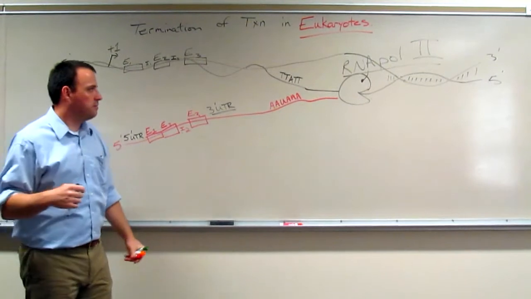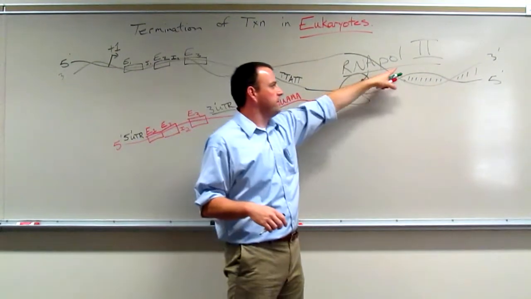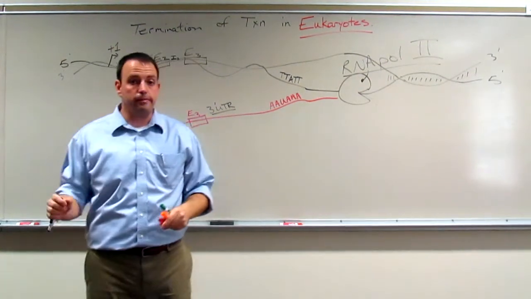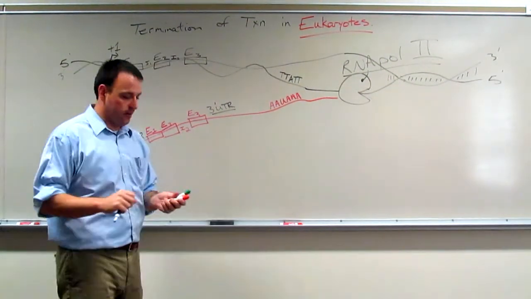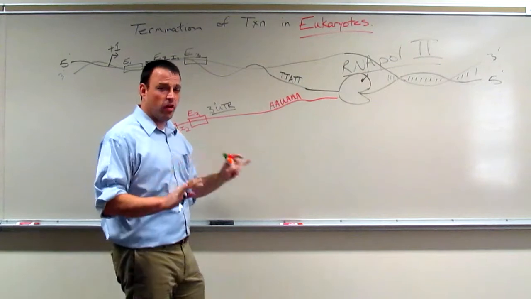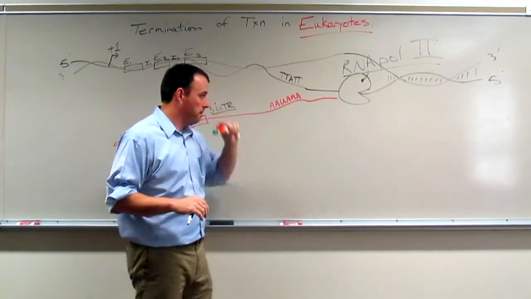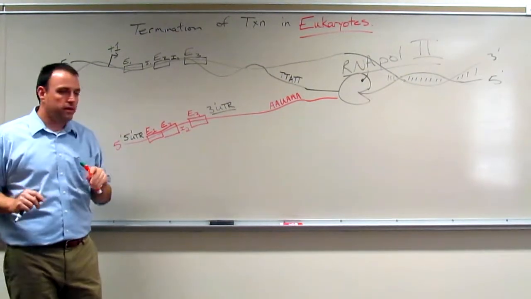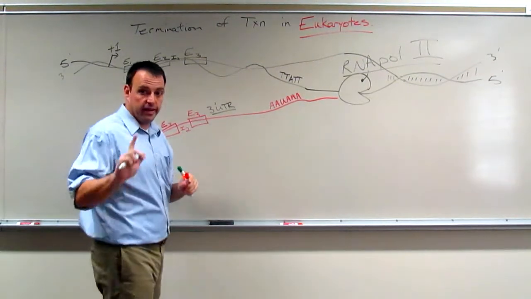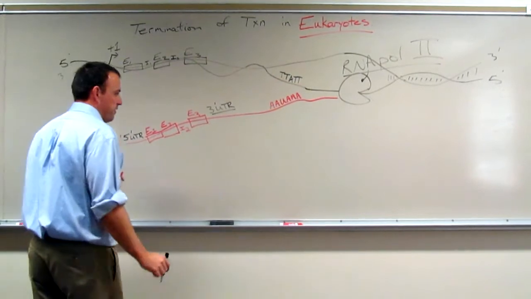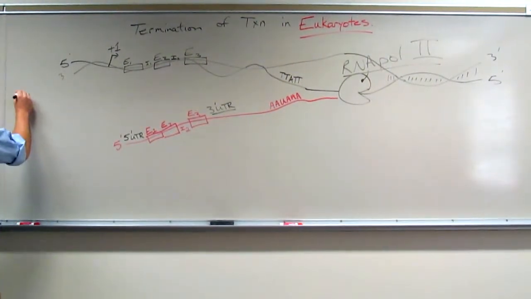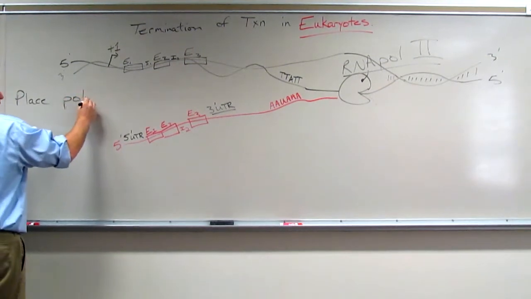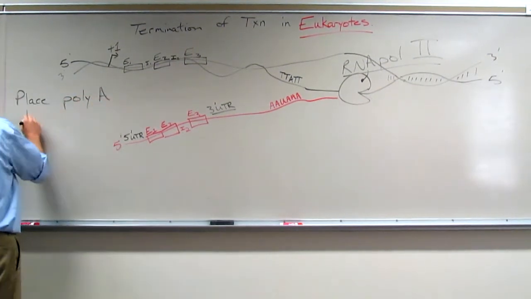So how does this work? Well, here we have RNA polymerase 2. RNA pol 2 in eukaryotes is the major workhorse RNA polymerase. It writes essentially all of your messenger RNA. Why is that important? Well, messenger RNA needs to be polyadenylated. And so the major thing we're going to do here is place a poly-A tail